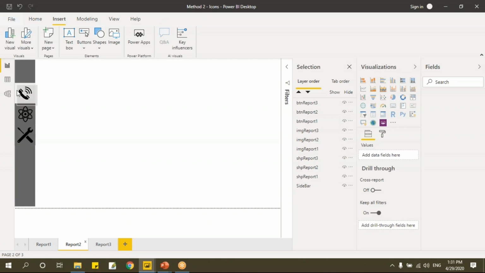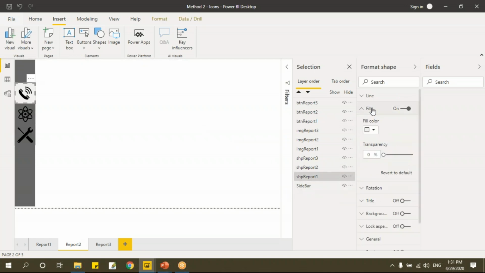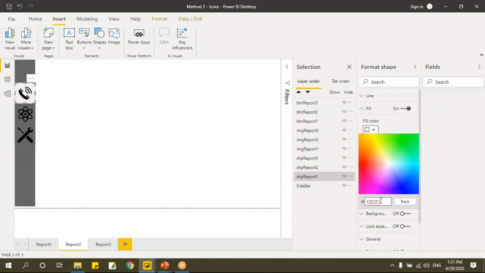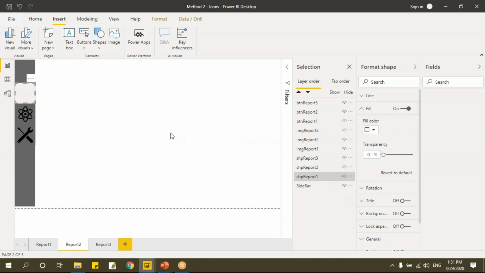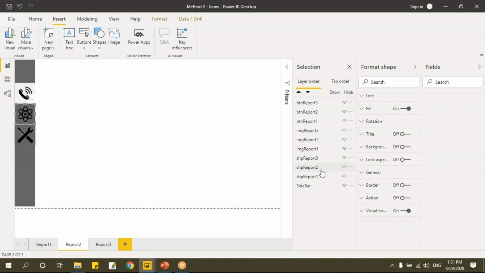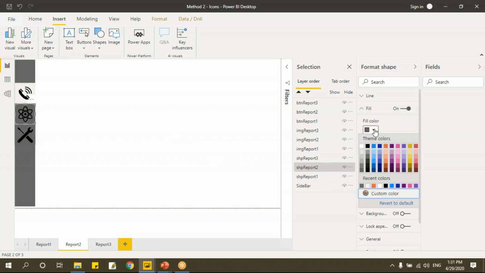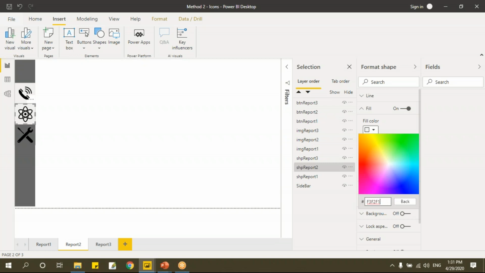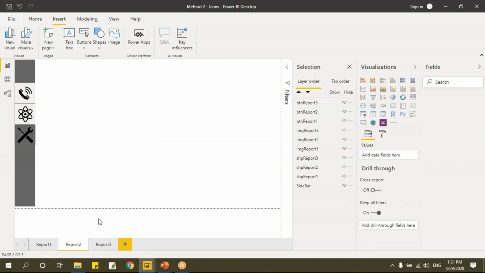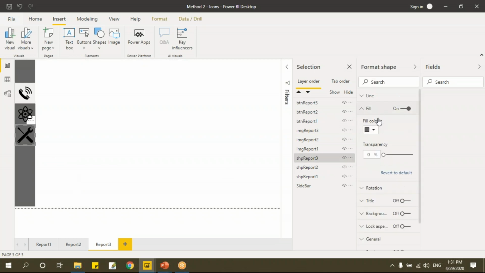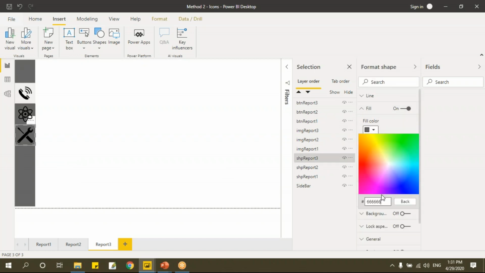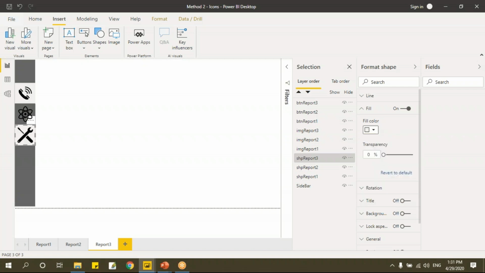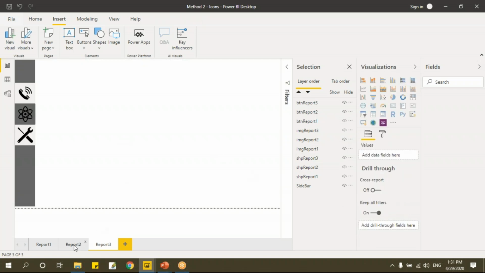Now let's take the color of the shape report 1. Let's take the color. It says F3, F2, F1. Select this and we'll shade the same thing for my report 2 sheet. I'll go here and paste it here, enter. Let's do the same thing for report 3 as well. Anyways, we have copied the color code, fill, and I'll paste it here. Done.